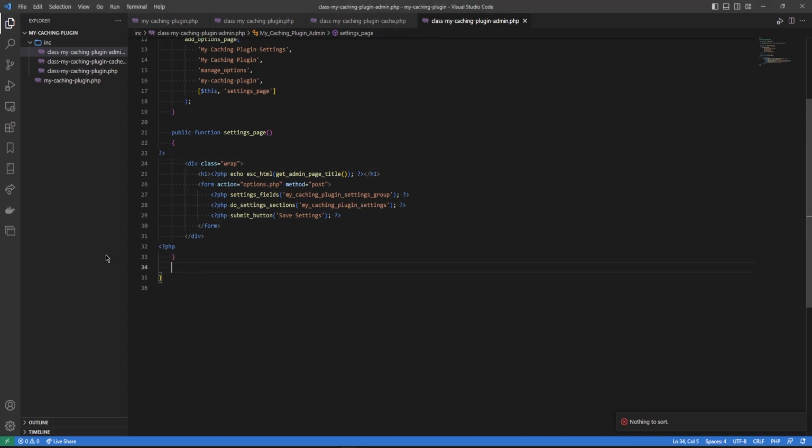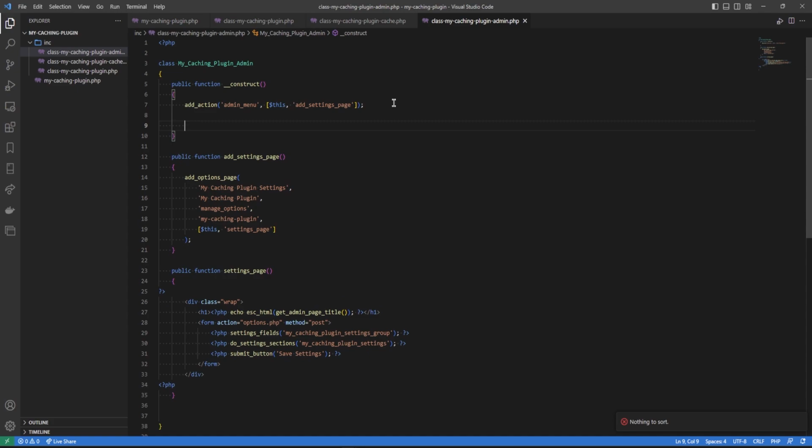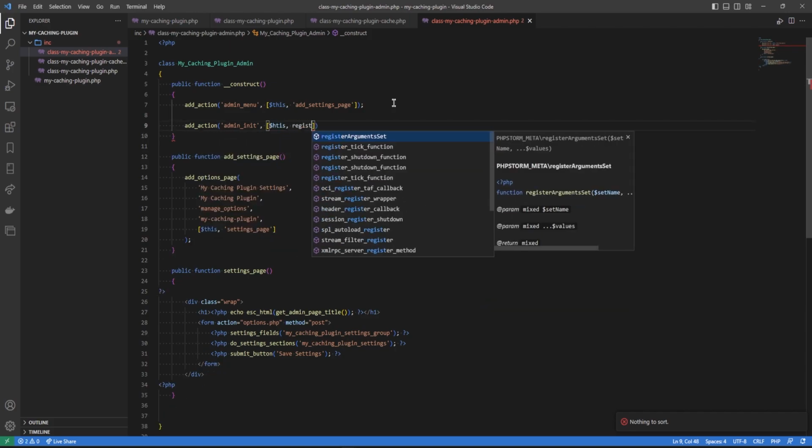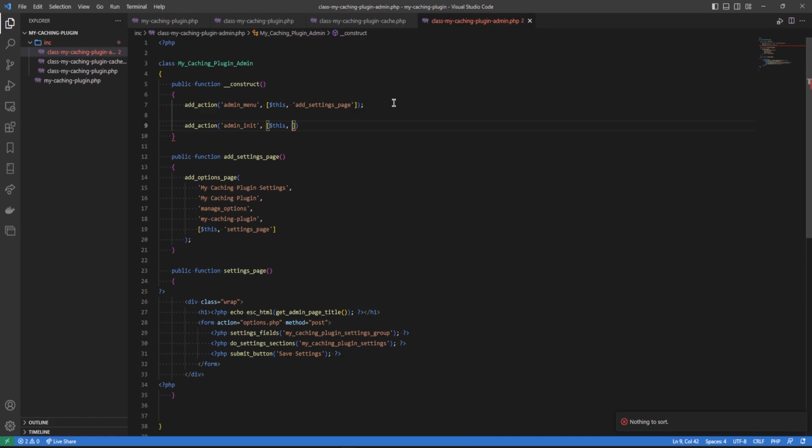Now we're not done yet. We will now need, in here, to register some settings. So add action admin init this register settings. All right,